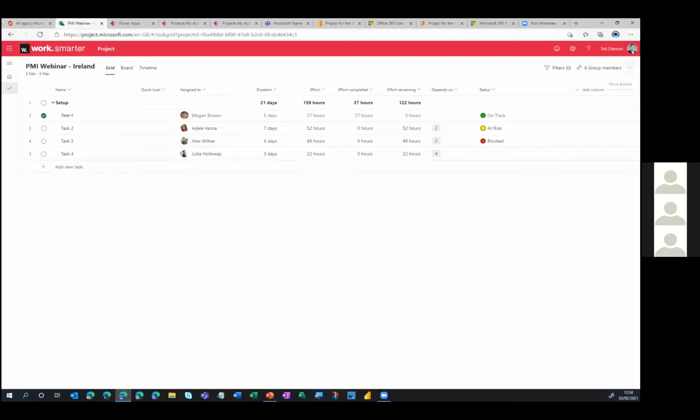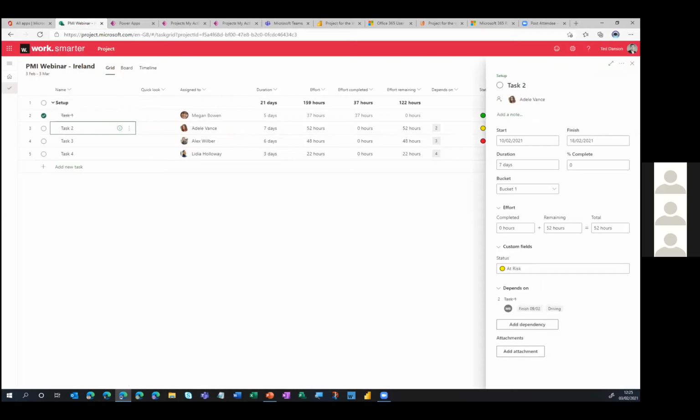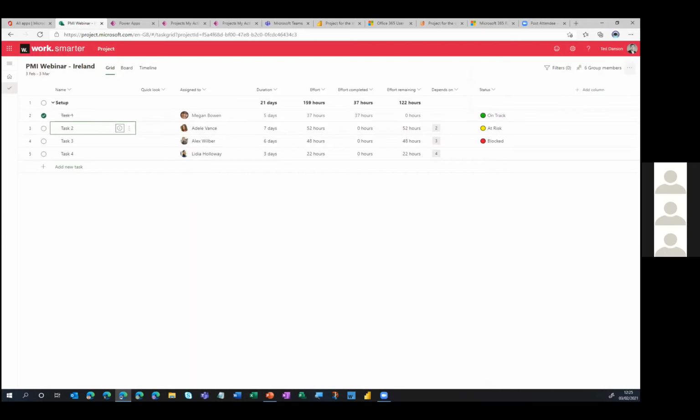Something else you can do within the system is copy projects. So if you've got a template set up and you want to replicate it, you can do that. You can also access a centralized file storage area, a SharePoint site, which is where you would store your documentation. And talking of documentation, you can also go into the task details and add attachments against the individual tasks. So again, this was a very quick look at Project for the Web, Plan 1. This is the basic functionality here.